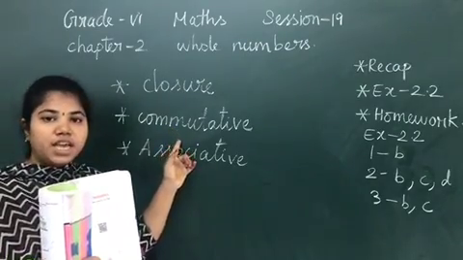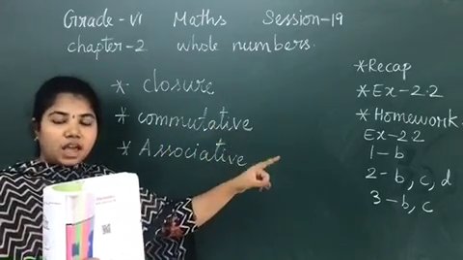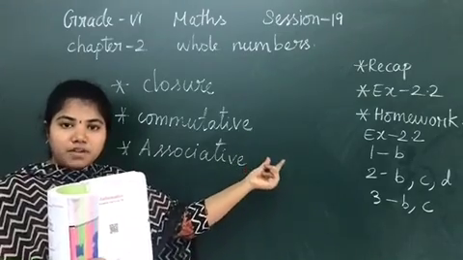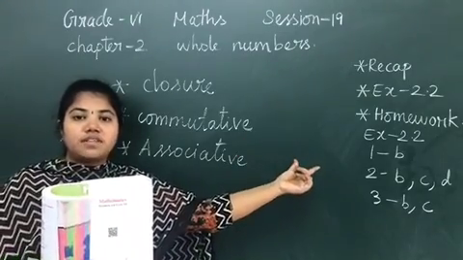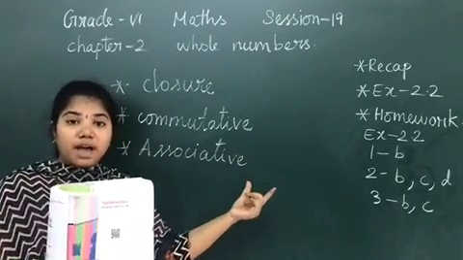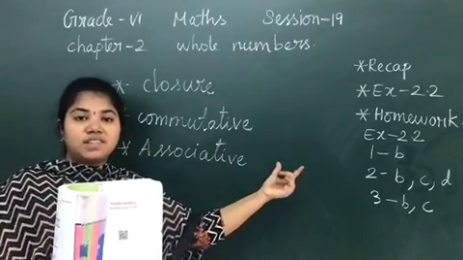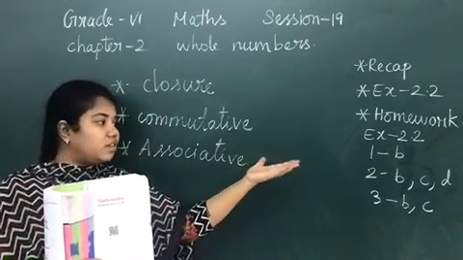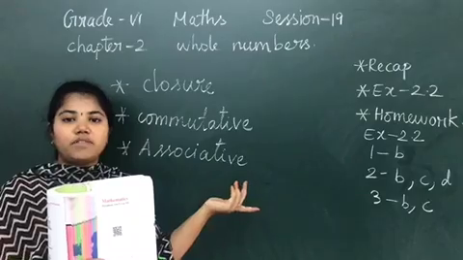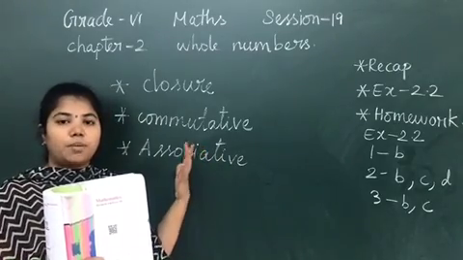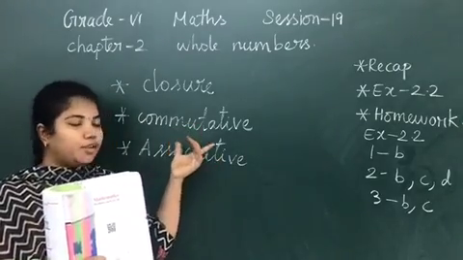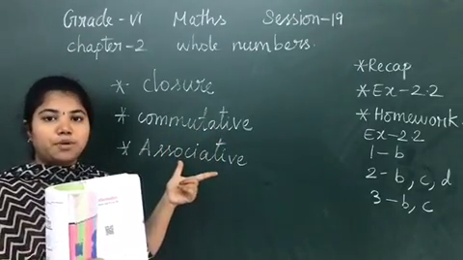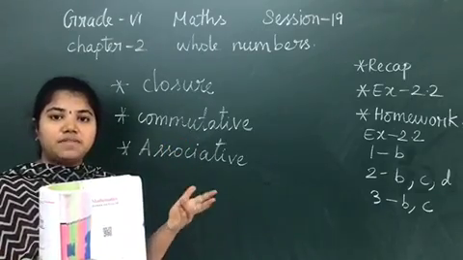In the same way for commutativity, A plus B is equal to B plus A. You are going to change the variables. First A plus B will be there, and on the right hand side you change the variables to B plus A. If your answer is the same, LHS is equal to RHS, then the commutative property is satisfied. If LHS is not equal to RHS, then it is not satisfied. For the commutative property also, addition and multiplication for whole numbers satisfy it, whereas subtraction and division do not